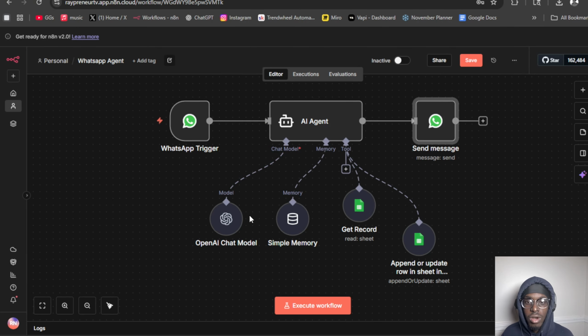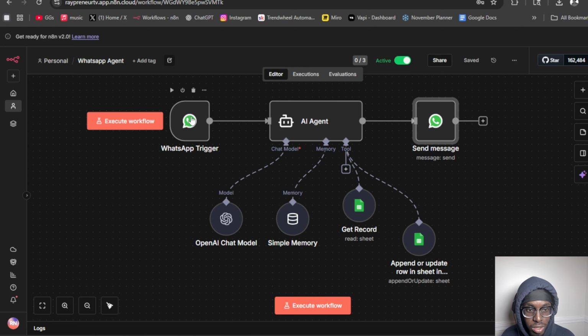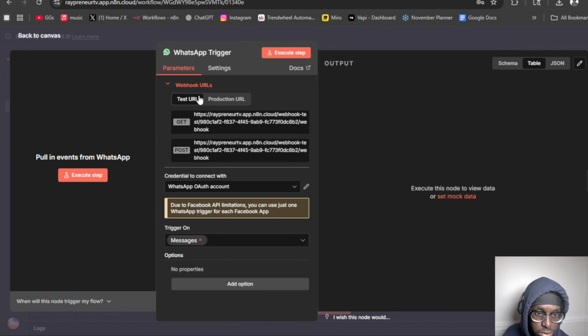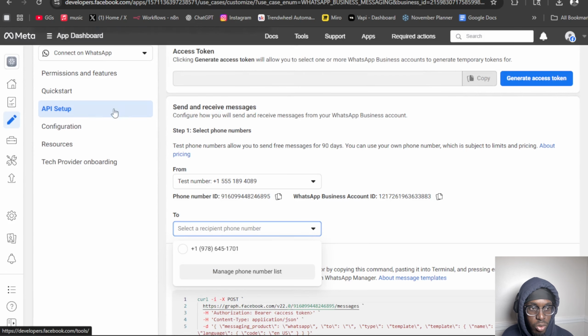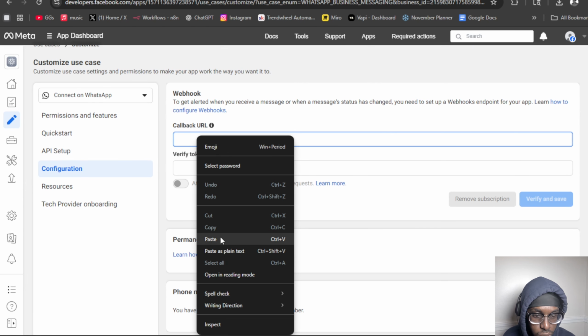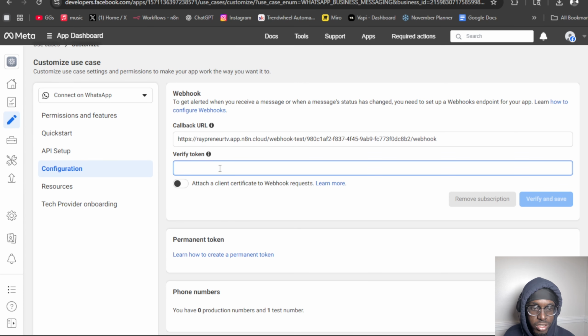And so if you want to have an active agent that responds all the time, number one, you're going to have to click on activate. But number two, you're going to want to come over here, which is the WhatsApp trigger. Go to webhook URLs and then get the post webhook URL. Boom. You're going to go to configuration and callback URL is what you're going to want. You're going to paste it in here, and then the token is going to be whatever you want. So you can name it whatever you want. You can name it token, and then that will be set up, but it only works after you publish your